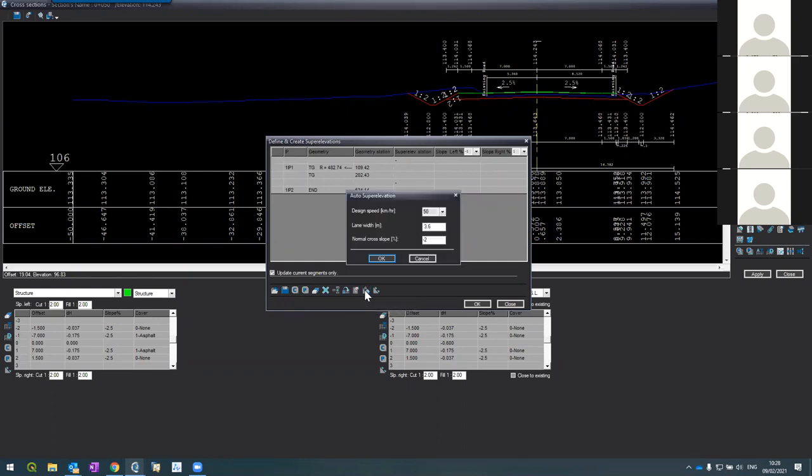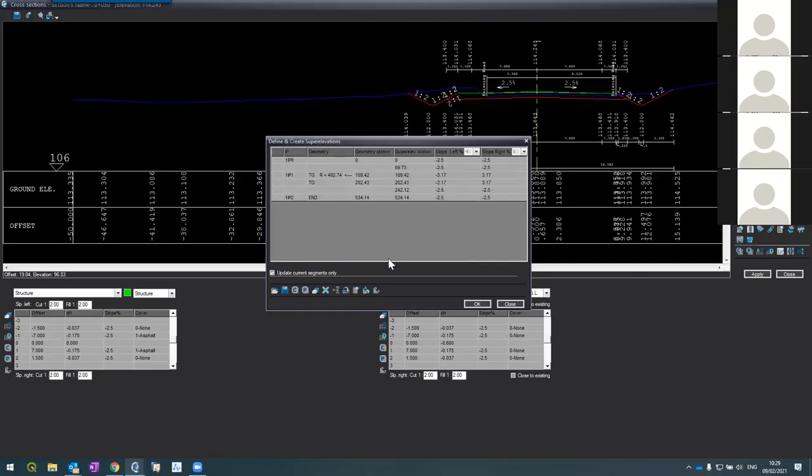So if I click here, the system asks me, what is the design speed in kilometers per hour of this road? Let's say it's 70 kilometers per hour. The lane width, we entered 3.5. And the normal slope is minus 2.5. Remember, not 2, right? Let's press OK. And this is what the system says: according to this, we have to super elevate 40 meters, almost 40 meters before the tangent